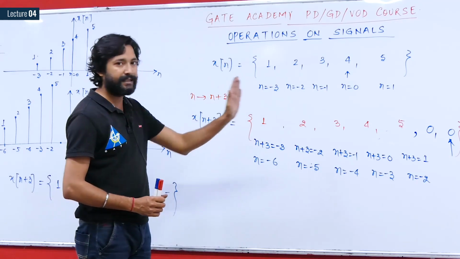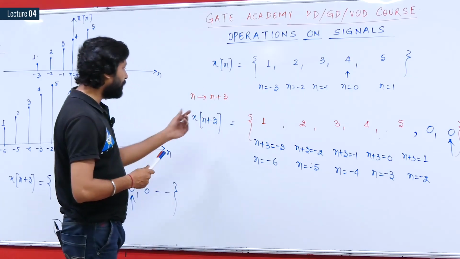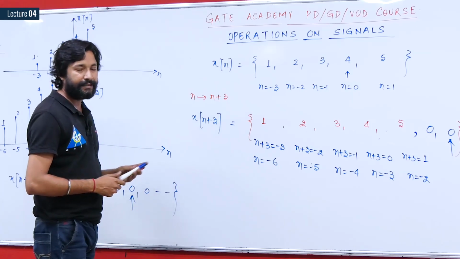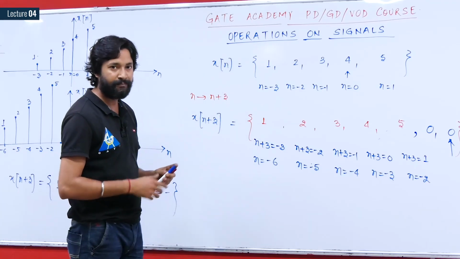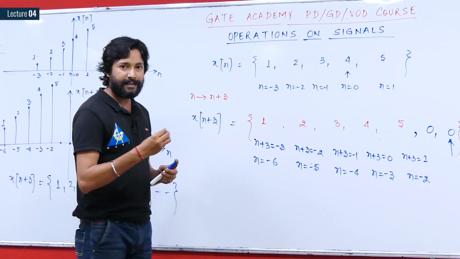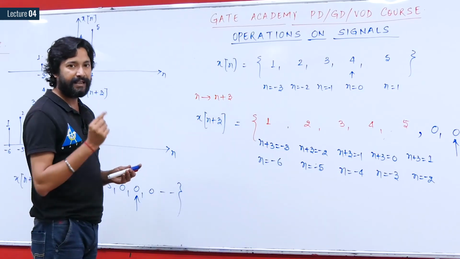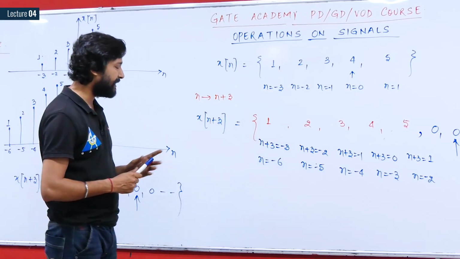You just have to shift the signals towards the left hand side or right hand side, and for that shifting you decide from the given sign. If it is plus, then you have to shift towards the left hand side for advancement, and if it is negative, then you will be shifting the signal towards the right hand side. Shifting the signal may be more complex, so you can go with shifting the origin, and if you are shifting the signal towards the right, then the origin will be shifting towards the left side only.